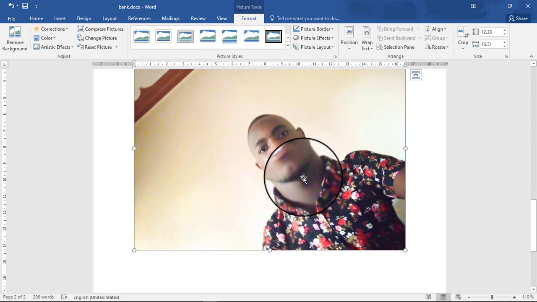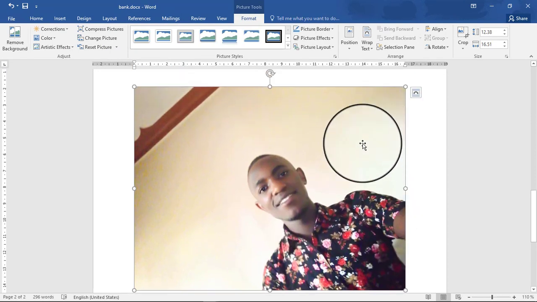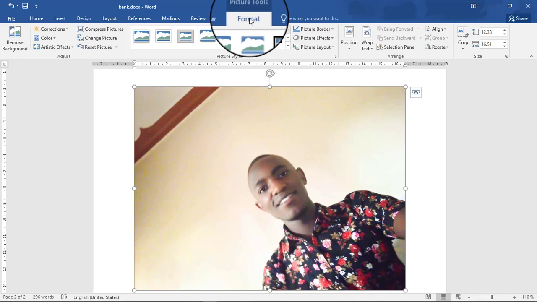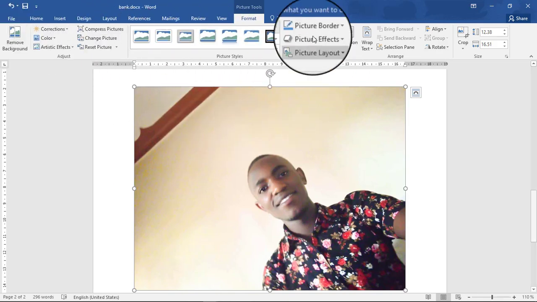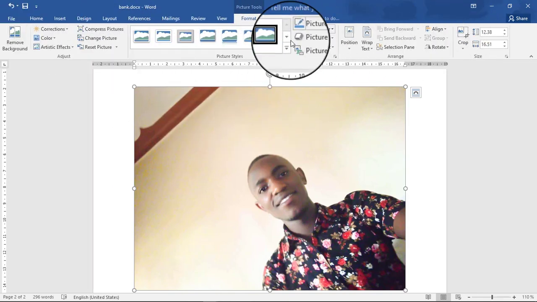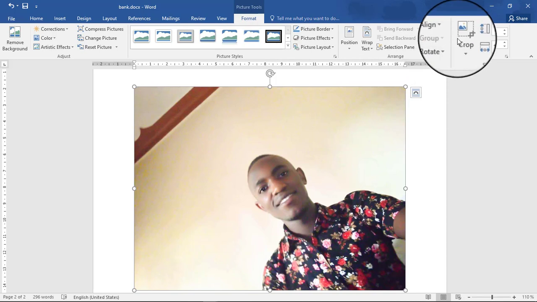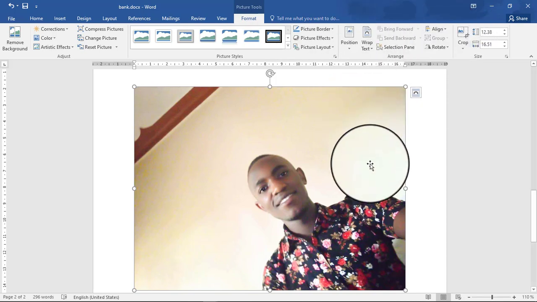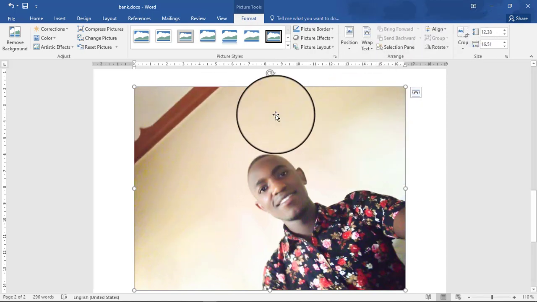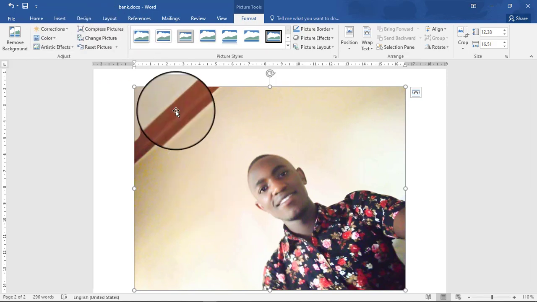So after the image is inserted, this format menu will come. After that, here's where you're going to change the image, all the effects, the cropping, everything. So first of all, I might want to remove the background from this image. Just have to press here.